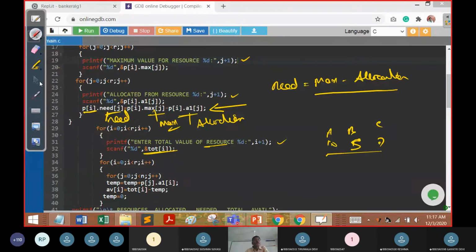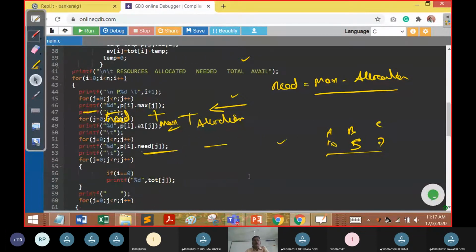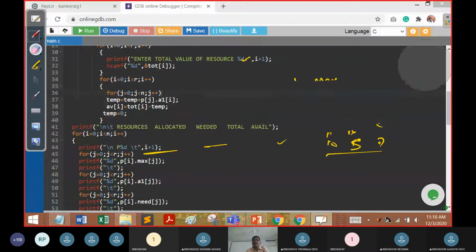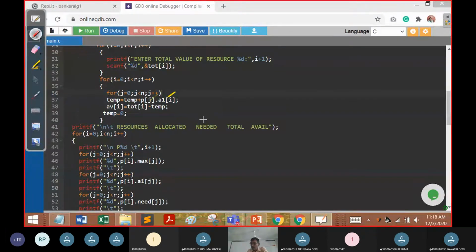I am going to input the total number of available resources with me. After that, we are going to push to the next value. That is, temp is equal to temp plus process with A1. A1 is going to start for some allocation, right? So here temp is going to use a word called request. So request, we are going to assume it as temp here, and available, and we are going to say available is equal to total minus temp here.